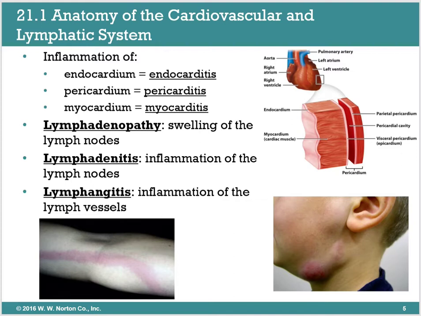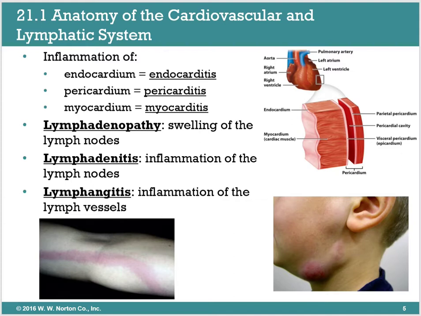And then if you have inflammation of the lymph node vessel, which is actually this picture down below, so you can see that it's a vessel, so meaning that it travels. So it's like the highway, whereas like this is just a lymph node. So this will be the third bullet point for y'all. And then this is the last one where it's inflammation of the lymphatic vessel. So this is lymphangitis, something like that. Okay, so definitely be able to differentiate those, most likely from like a picture or something of that nature.